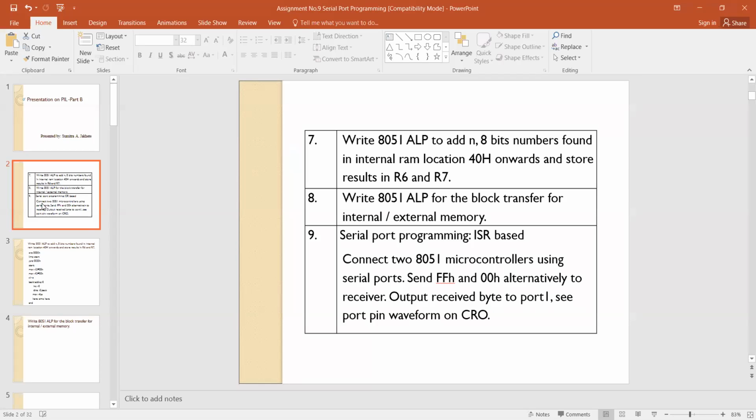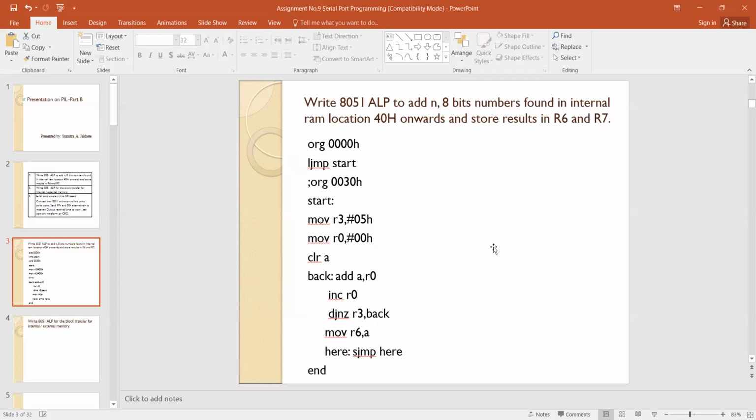Now, assignment number 7, that is write 8051 ALP to add n-bit numbers found in internal RAM location. So now it's a very simple assignment.